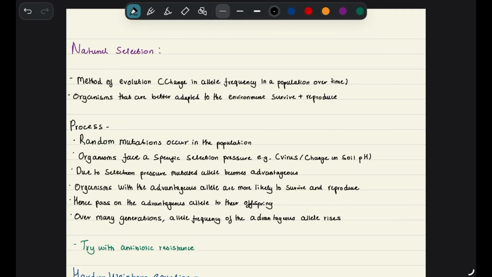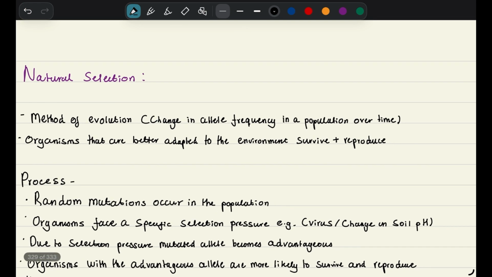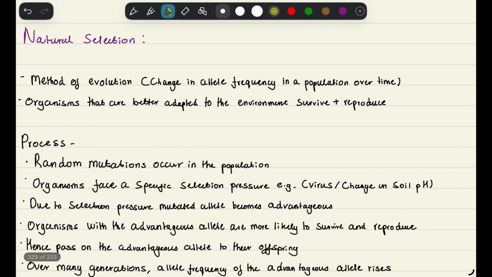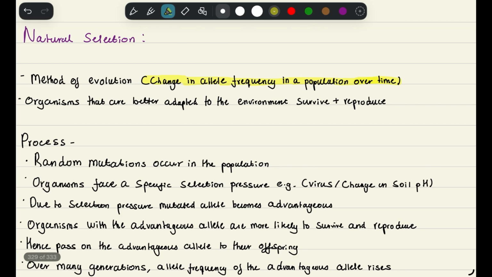And this is going to be like the big money maker in this video, the process of natural selection. I think that if you literally memorize this definition, you can always pick up 4 to 5 marks in the exam. So know this process really, really well. So we'll just do a bit of prelude. Natural selection is literally just a method of evolution. And whenever you're defining evolution, really important definition, it's a change in allele frequency in a population over time. So we'll just highlight that as a definition for evolution, because definitions, like we said, are pivotal when you get to this topic. So organisms that are better adapted to the environment survive and they reproduce, right?